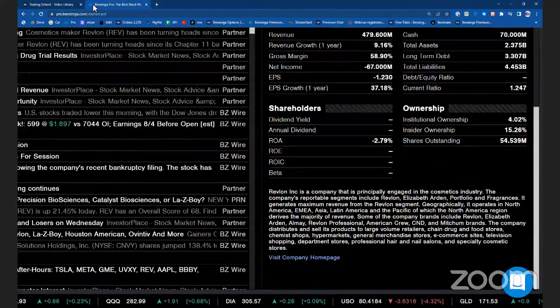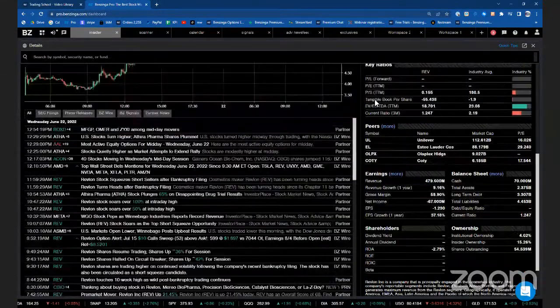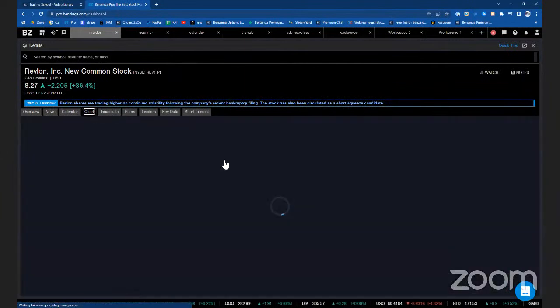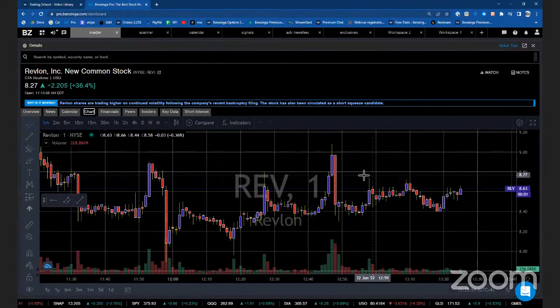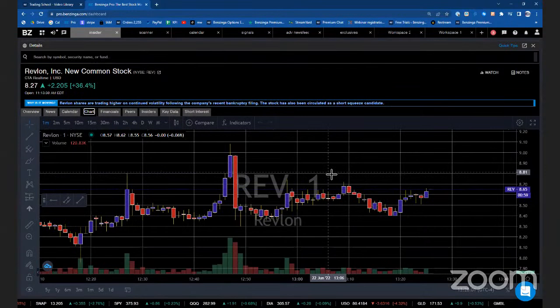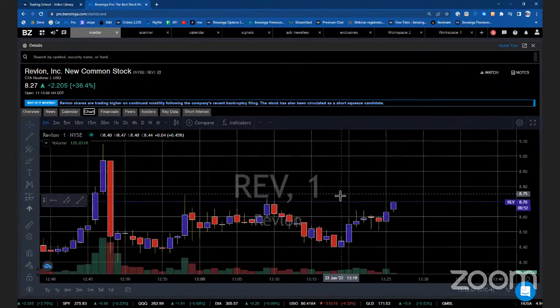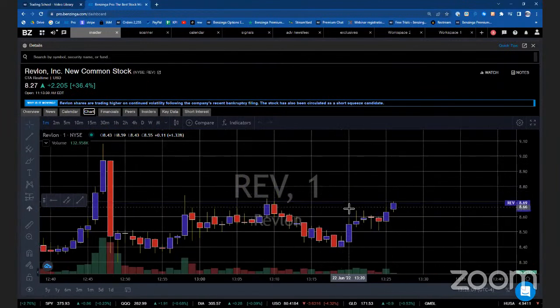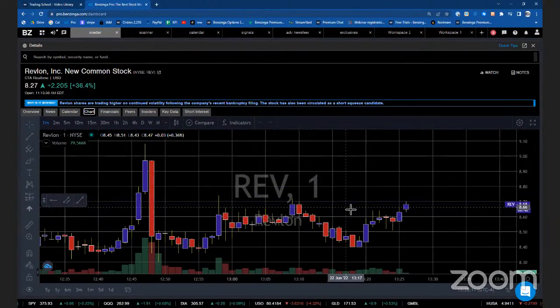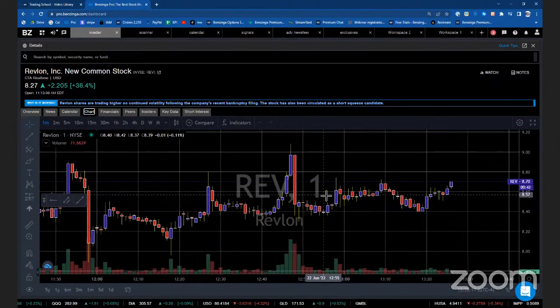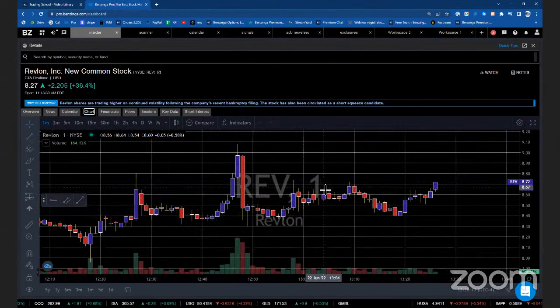I'm not too familiar with it, to be honest, but I am really liking this chart. I'm not going to lie. I did call a couple people asking about thoughts on Revlon, but yeah, man, this is where you can pretty much look at the live chart for Benzinga Pro. So whatever you're doing, if you're day trading this, if you're swinging this, if maybe you think this company has a future, it doesn't matter. You need dependable charts. It doesn't matter what you're doing.